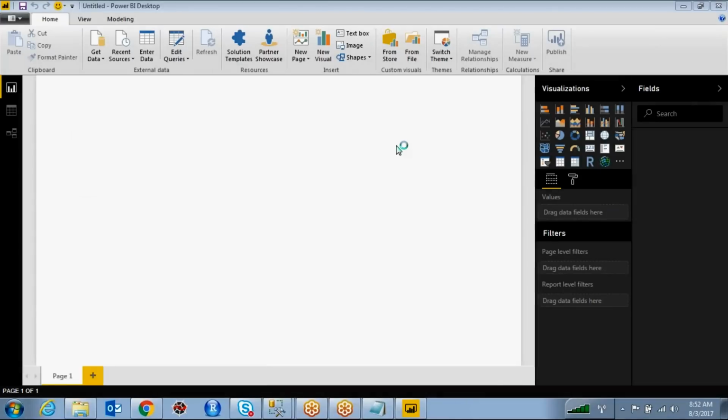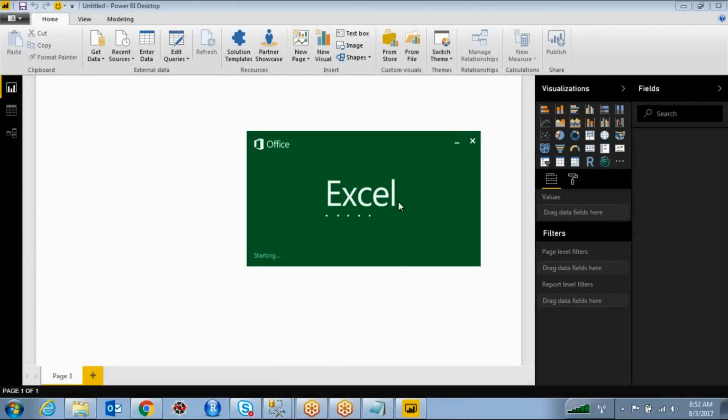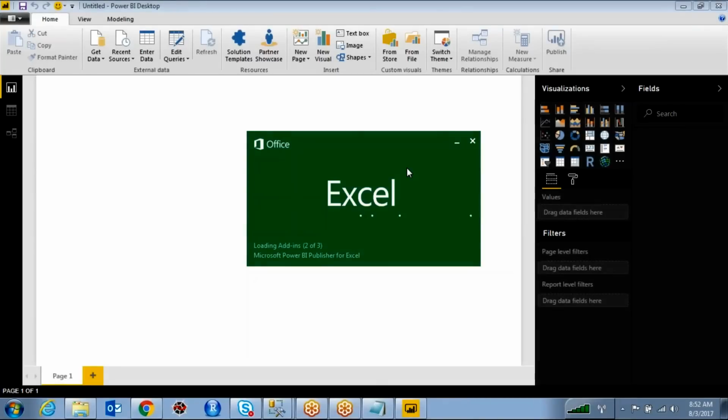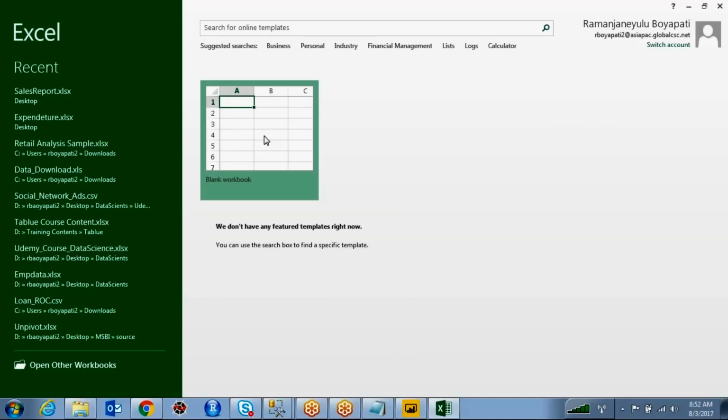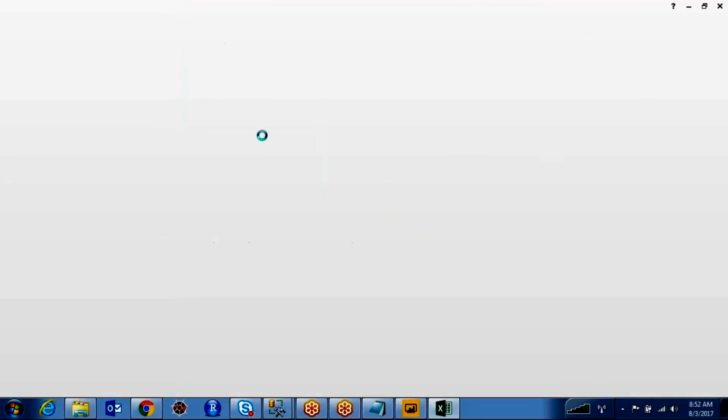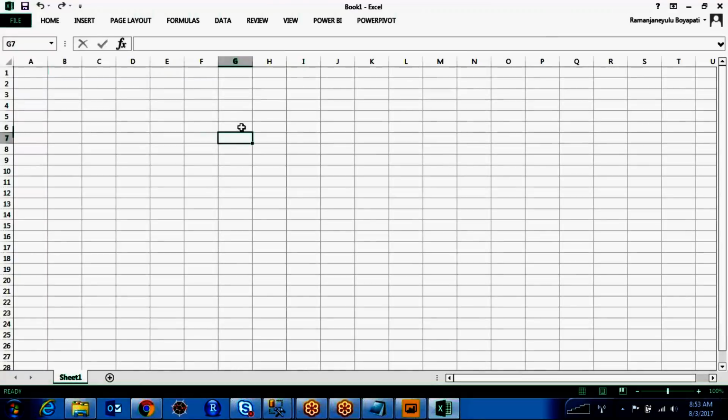Normally in Microsoft Power BI, the data sources we mostly use are Excel, CSV or text files, or SQL Server, or the most preferable, SSAS. By using an SSAS cube, 99 percent of the time we are designing these Power BI dashboards and reports.